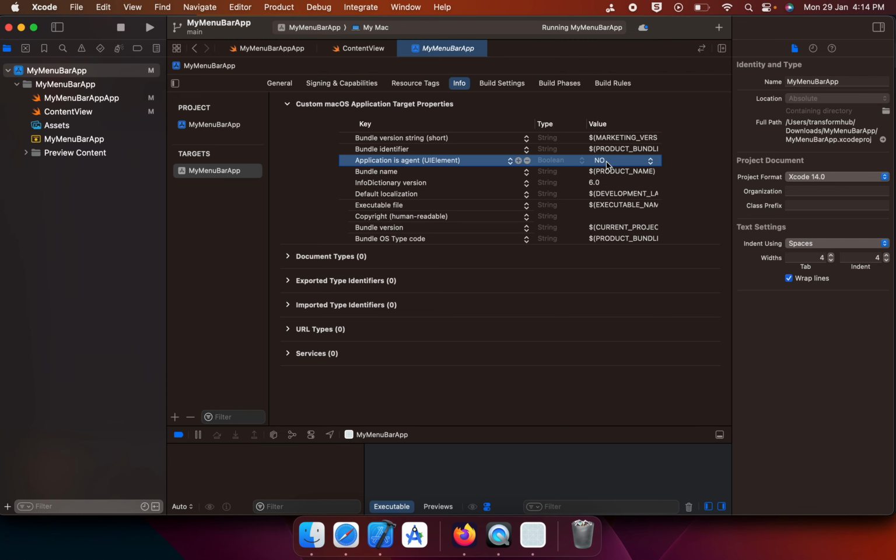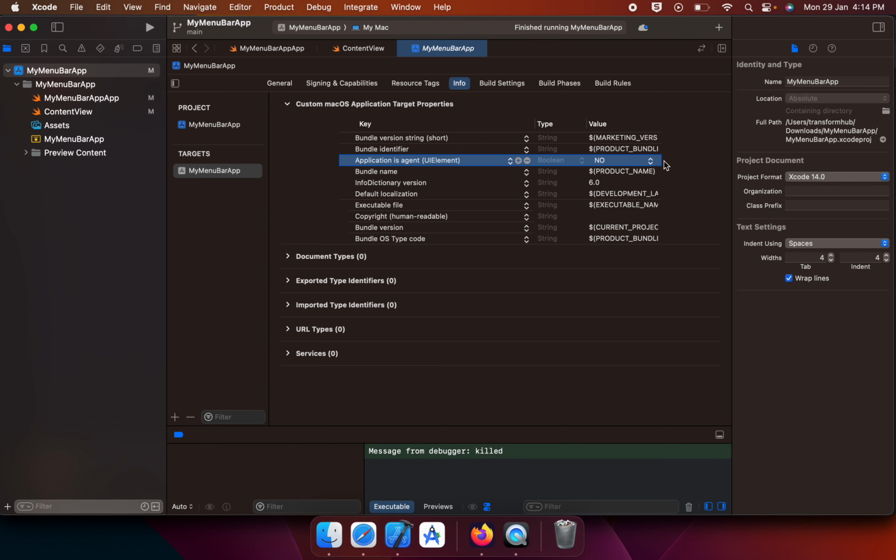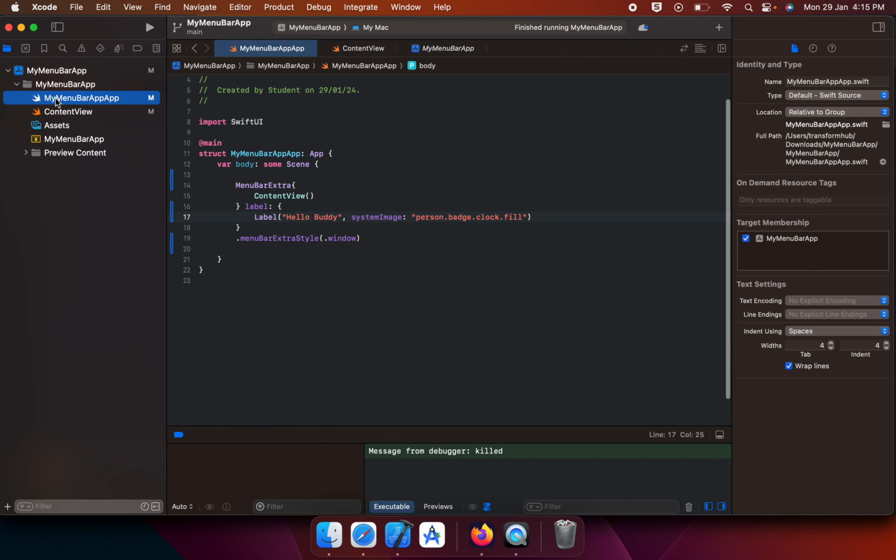You should see the app icon or the app launcher at the bottom as well. Okay, if I make it as yes, I will make it as yes again. I'll stop this, make it as yes, and here firstly what you will have to do is go to your main app,